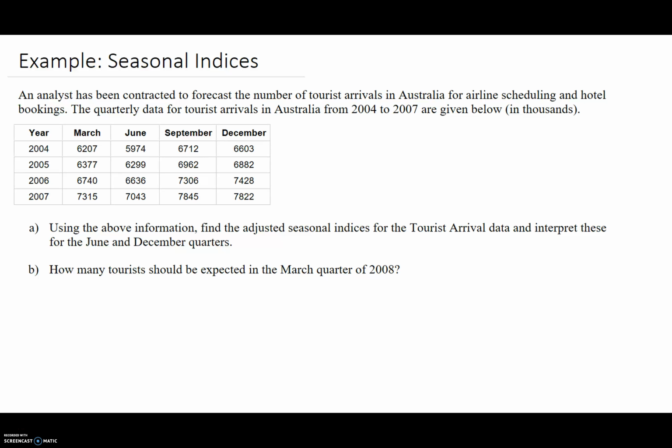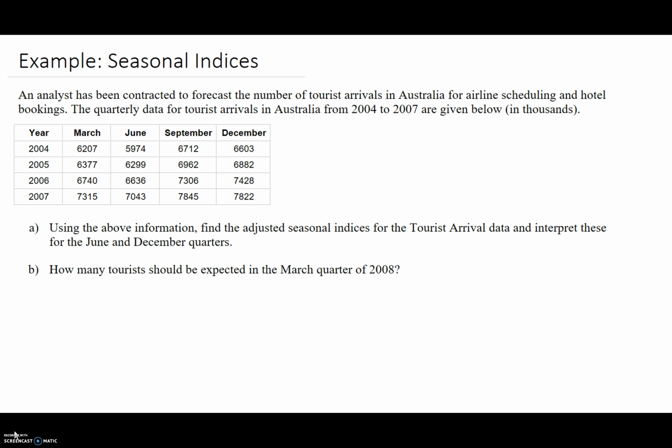So an analyst has been contracted to forecast the number of tourist arrivals in Australia for airline scheduling and booking purposes. The quarterly data for tourist arrivals in Australia from 2004 to 2007 is given below here. And these numbers are in thousands, so you need to multiply each number here by 1,000 to get the total